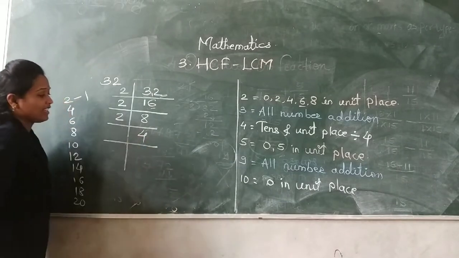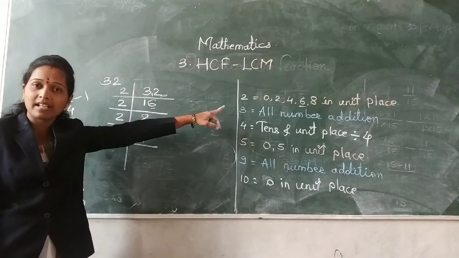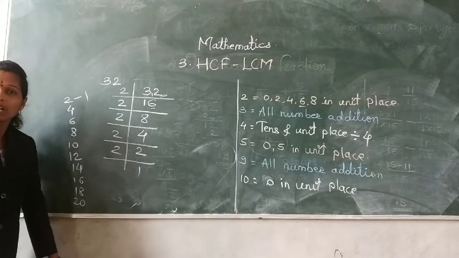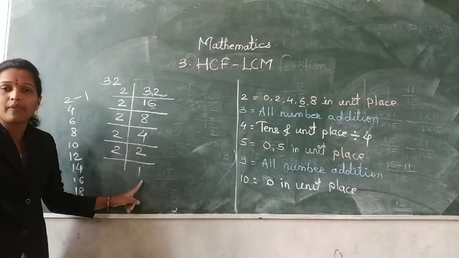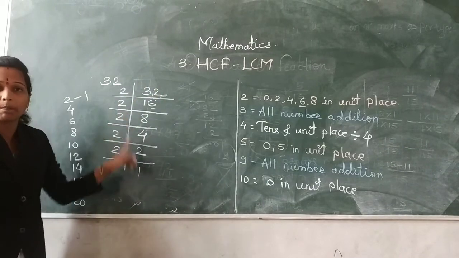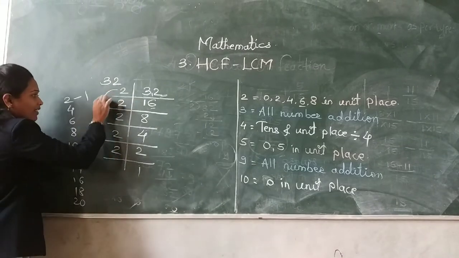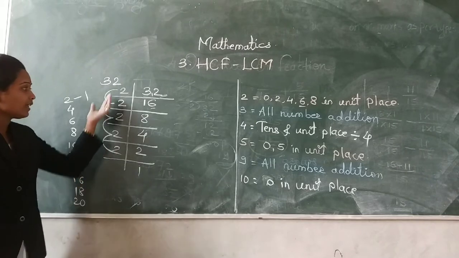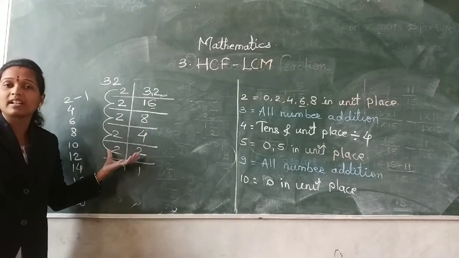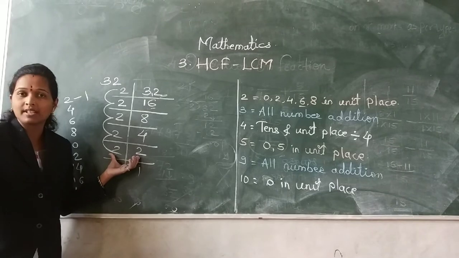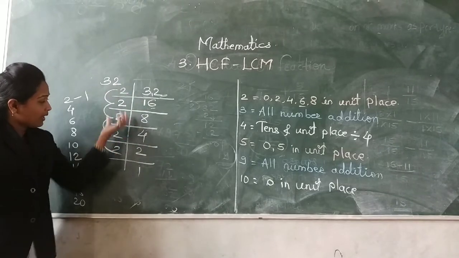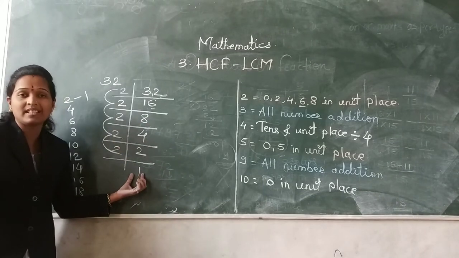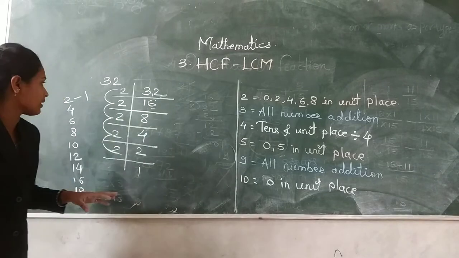And again 4 is there. Unit place 4. So divide again by 2. In the table of 2, 4 is there. 2 twos are 4 and last, 2 ones are 2. It means you have to factorize the number into primes. Primes means whatever numbers you get as factors, they all are prime numbers. If you write down a composite number here, then your answer will be wrong. So please check whether you write prime numbers or composite numbers, and our answer is over. Whenever the last 1 remains, our factors are completed.